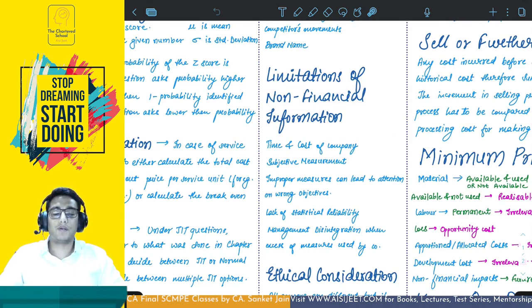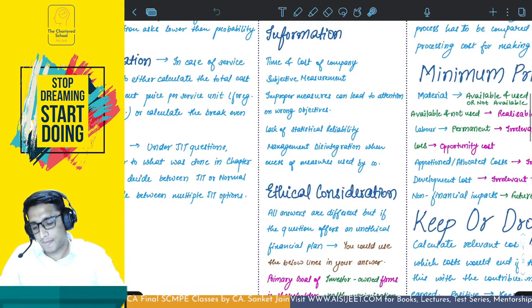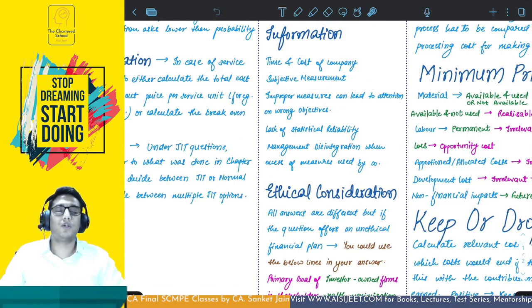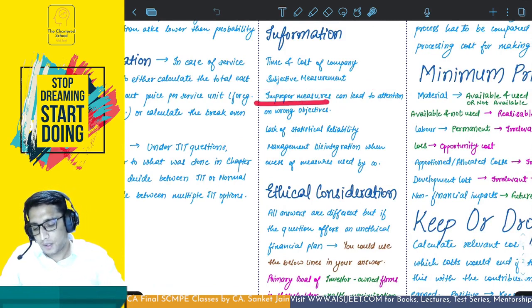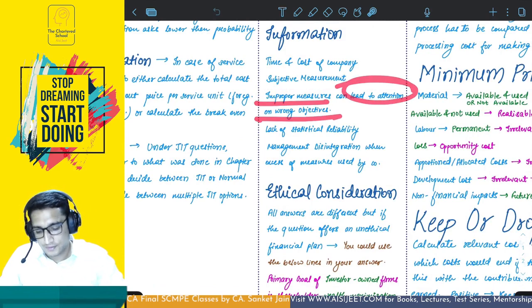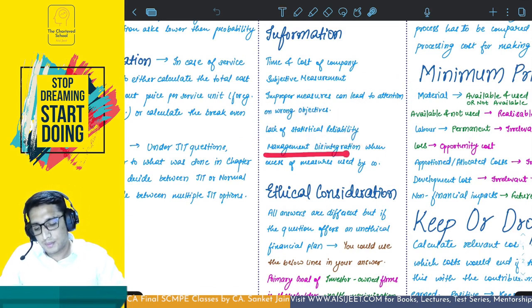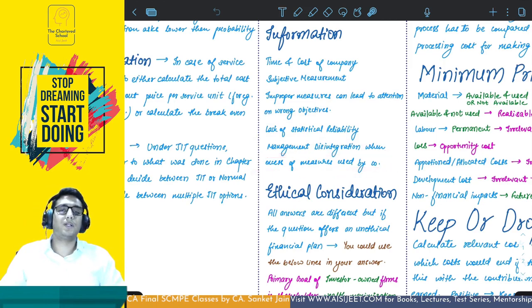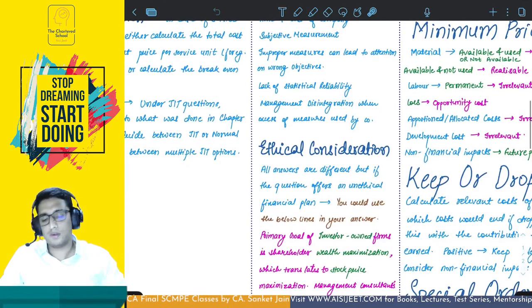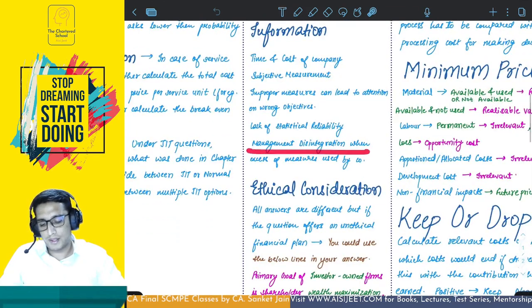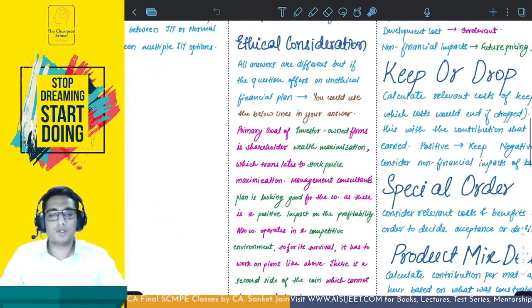It's very difficult to accumulate non-financial information and then measure it. Subjective measurement, based on your opinion. Improper measures can lead to attention on wrong objectives, lack of statistical reliability, not quantitative easily. Management disintegration when an excess of measures are used by the company. If you are using more and more non-financial measures, then management might disintegrate from the original objective, from